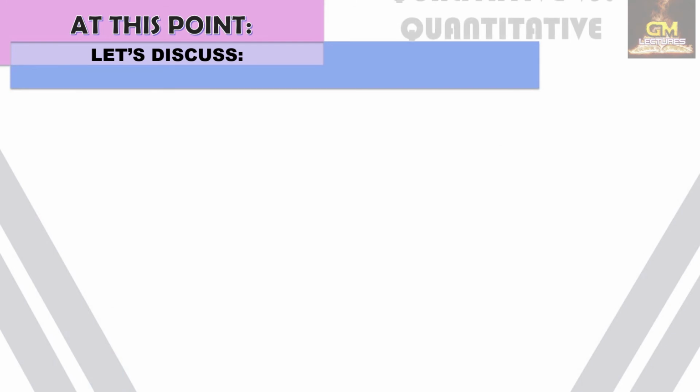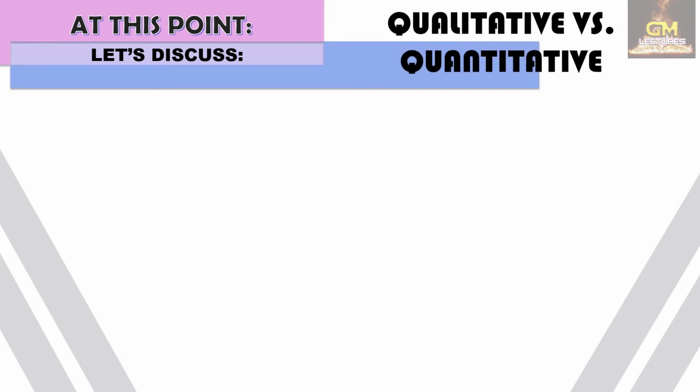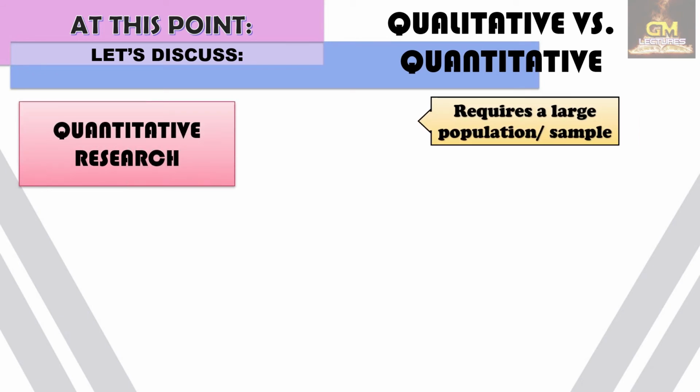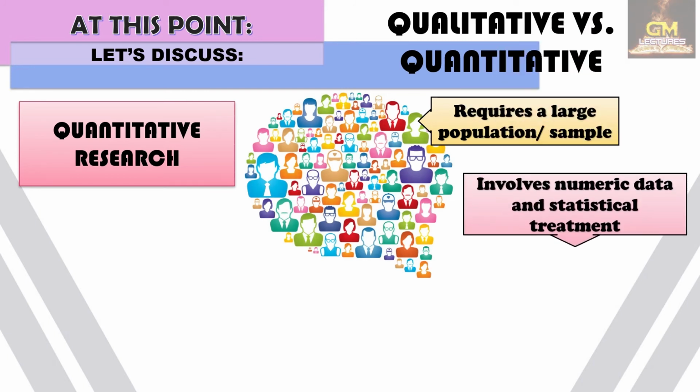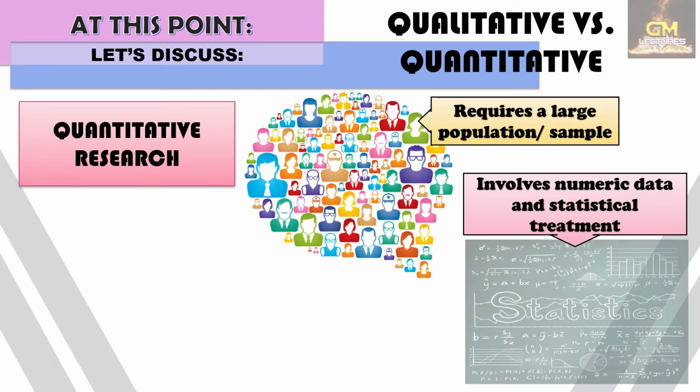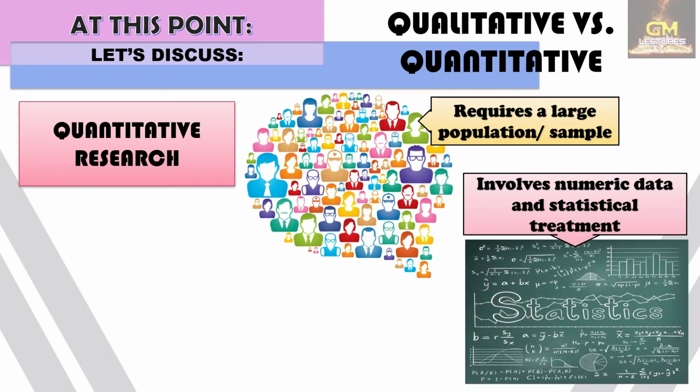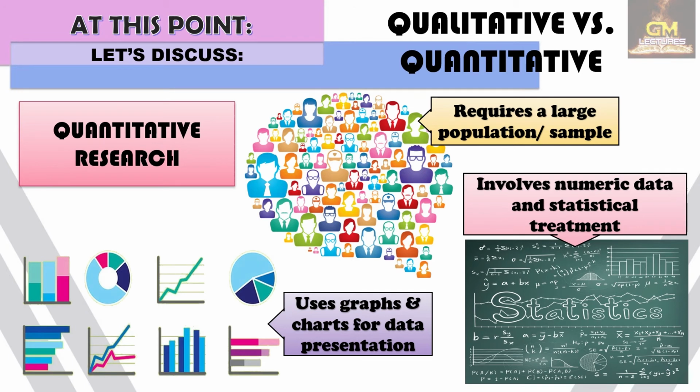Now at this moment, we're going to discuss the difference between qualitative and quantitative research. Quantitative research requires a large population sample. Also, quantitative research involves numeric data and statistical treatment. Furthermore, quantitative research uses graphs and charts for data presentation. Pretty much in quantitative research, primarily speaking, it would require numbers and huge amounts of respondents in order to establish a general fact. Whereas in qualitative research,